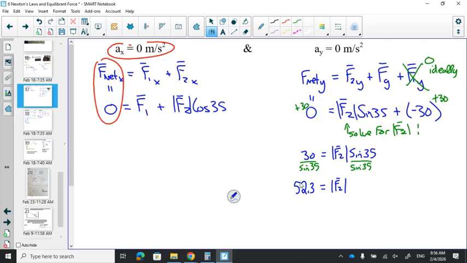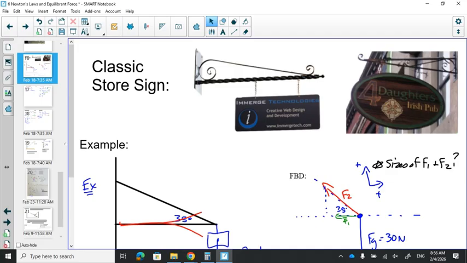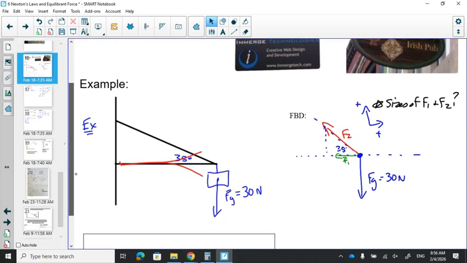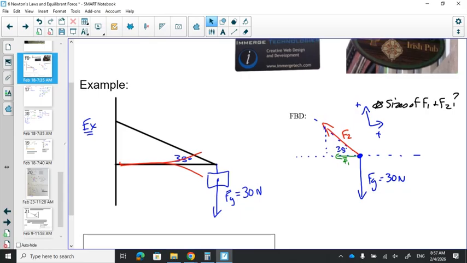Okay, so this is 52.3. I never leave room for the units there. Oh well. So 52.3 newtons is F2. So if we go back to the diagram, we look at the F2 value, it's going to be 52.3. Well, if you're looking at this one's 30, you can tell like, okay, that's going to have to be longer. Remember I said F2 was wrong, right? We're going to have it bigger than